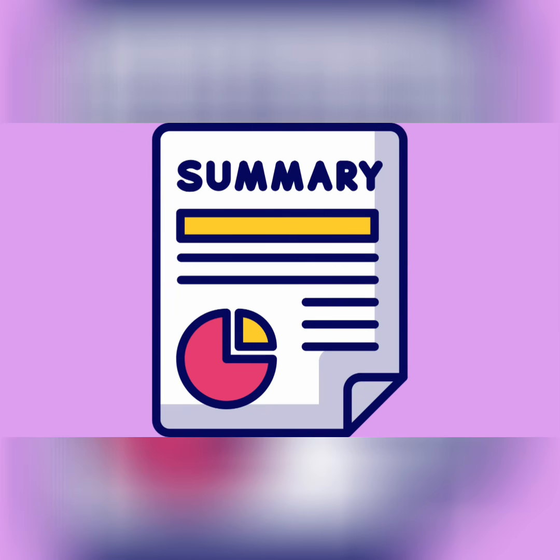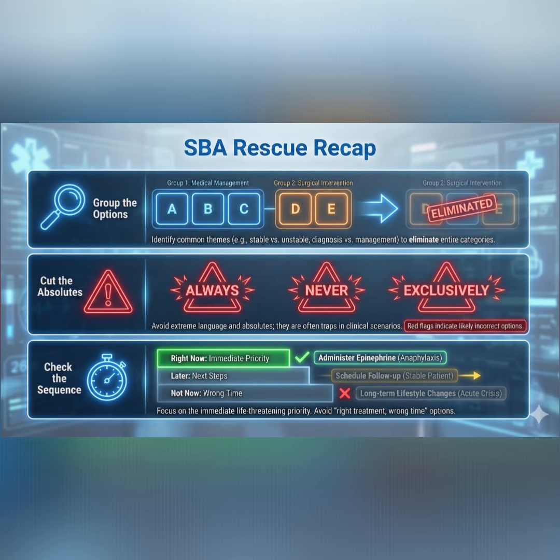So to recap, when you hit a wall, step 1, group the options. Are 3 surgical and 2 medical? Are 3 stable and 2 unstable? Eliminate the groups that don't fit the clinical picture. Step 2, cut the absolutes. Always, never, and exclusively are usually traps. Step 3, check the sequence. Eliminate answers that are right treatment, wrong time. Either a step backward or a jump too far forward. If you use these techniques, you aren't guessing anymore, you are deducing, and that is how you pass the MRCEM